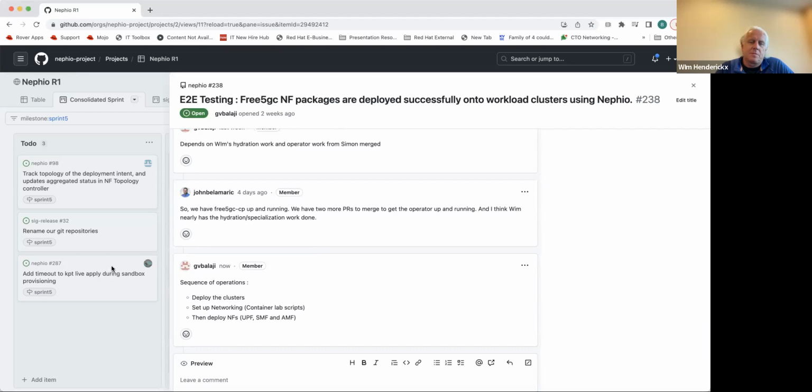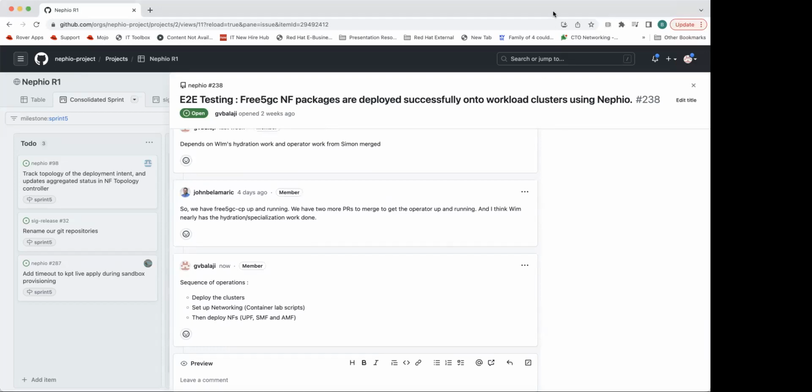Okay. Yeah, I fixed some problems with that package. There were YAML syntax errors, but it still wasn't working. The last thing I wanted to say is that the sequence you described is already encoded in the e2e tests directory as well as that README. So what we're going to do is insert another step in the middle there. Yeah, perfect.